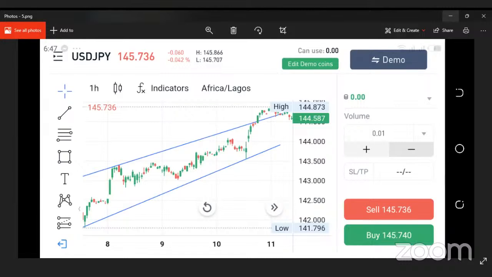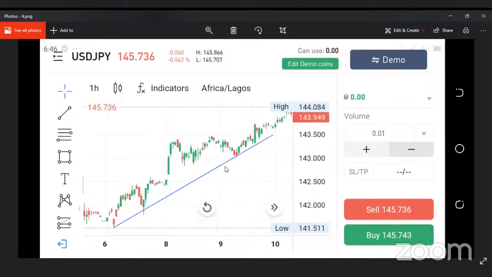Okay. So I see somebody is asking how to indicate support and resistance zone. That is fine. So as I've said, I'm going to take these questions one after the other. I see another person asking, where is the best entry to place trade? That's very good. So the first question is how to indicate support and resistance zone. Let's start from there. That's a beautiful question. Let me just bring up